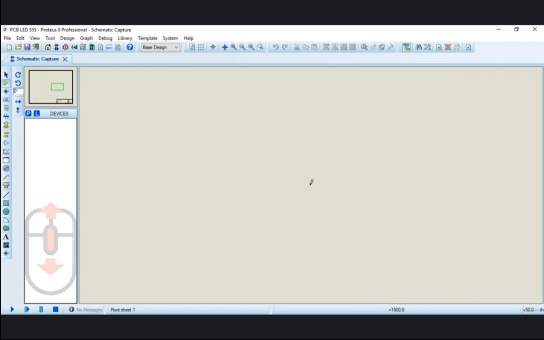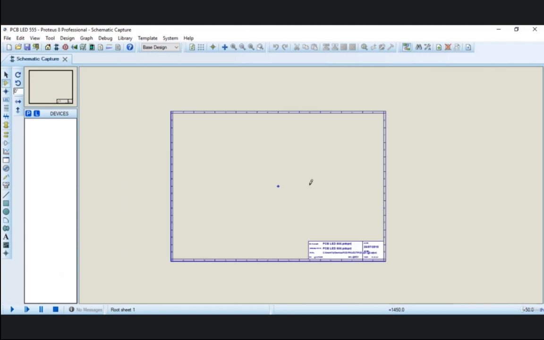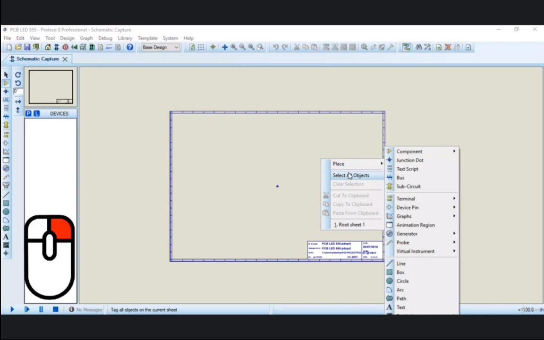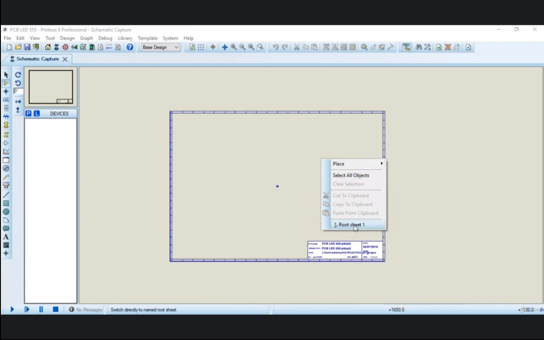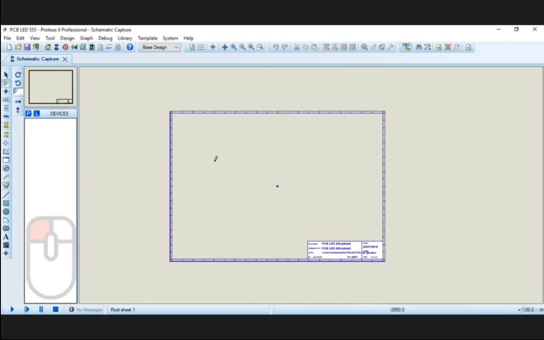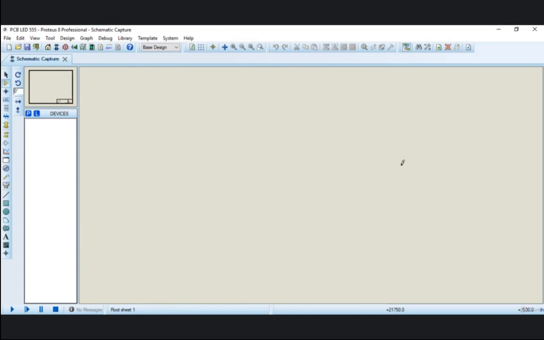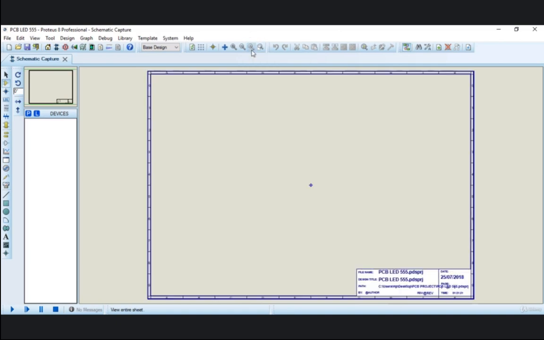You can also browse from the given workspace by going through the schematic capture and pointing where you want to go. With the left mouse click, you can zoom in or zoom out and browse, or you can zoom to the entire view.